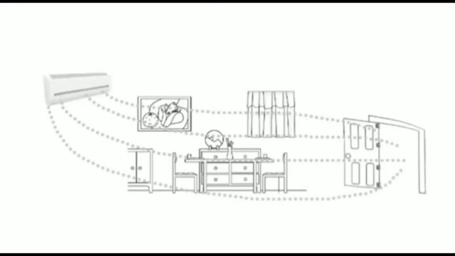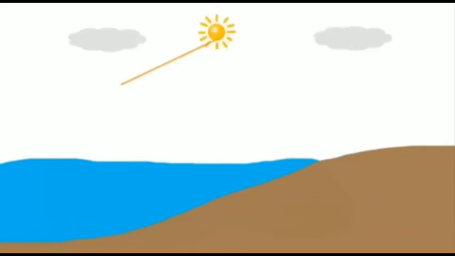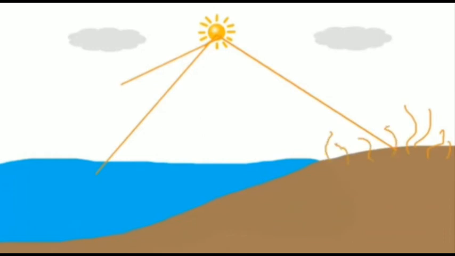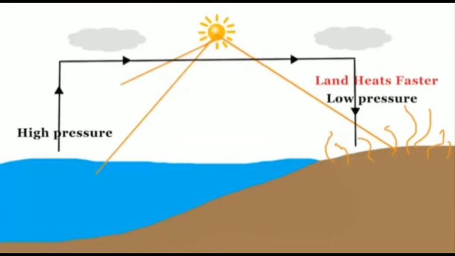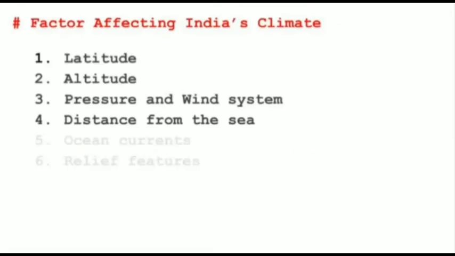Everyone knows one thing from the childhood days onwards you are listening. Always the landmass gets heat faster than the water bodies. So, a low pressure zone is created over the land which attracts cooler molecules from the sea, causing changes in temperature.